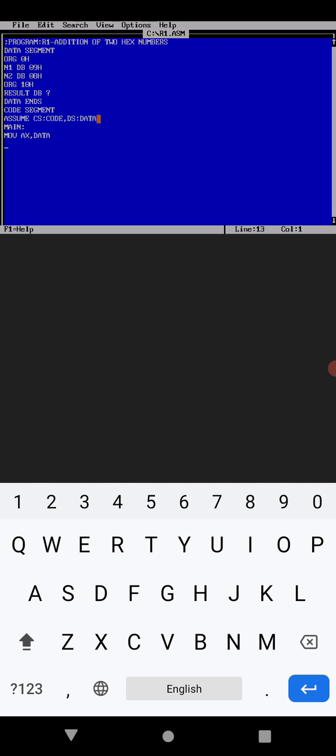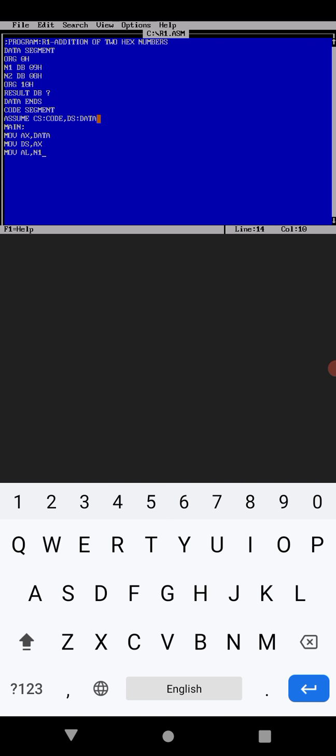Next I will tell you the main part of the program, where we are going to perform the function. Move ds comma ax. Now move the first data, that is n1, to the AL register: move al comma n1.